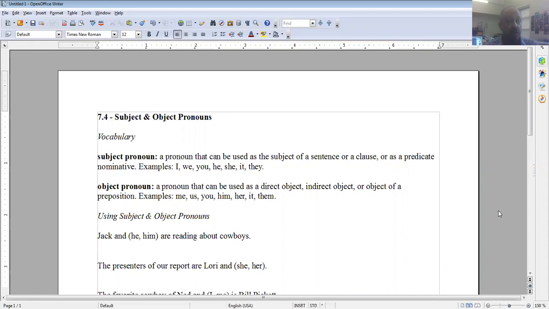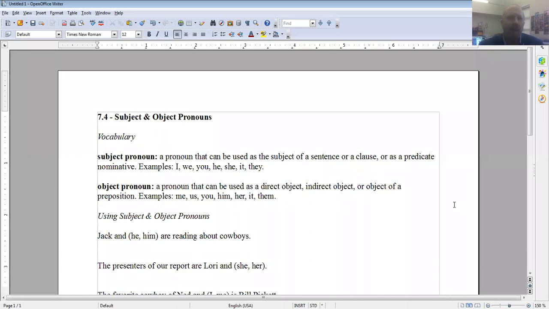So I need to make sure these end up in your notes because otherwise you are going to have a hard time studying them, I'm sure. And as always, I'm going to pause here just briefly so that you can accomplish that. Outstanding. All right, now that you have those copied, let's look at how we use subject and object pronouns in